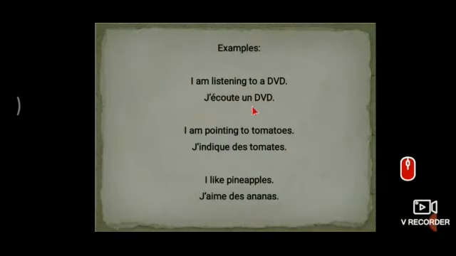Now let's see an example in French. Example, I am listening to a DVD. See, this statement is changed in this way. J'écoute un DVD. So I'll just tell you what it is. J'écoute means I am listening. Okay. And un DVD means a DVD. So this un refers to a. In case it is plural, I am pointing to tomatoes. J'indique des tomates. So this des explains to us the plural form of